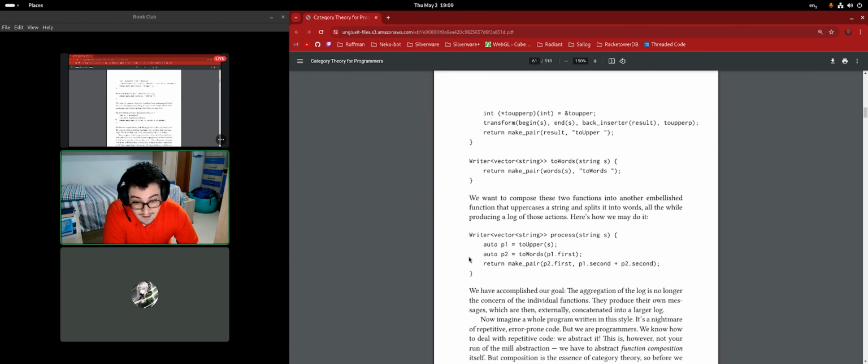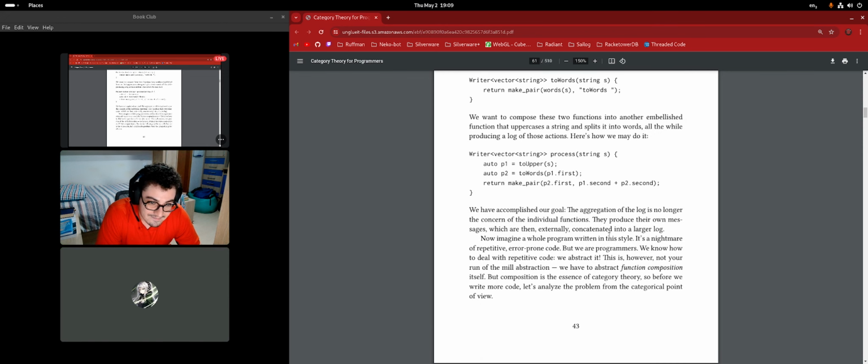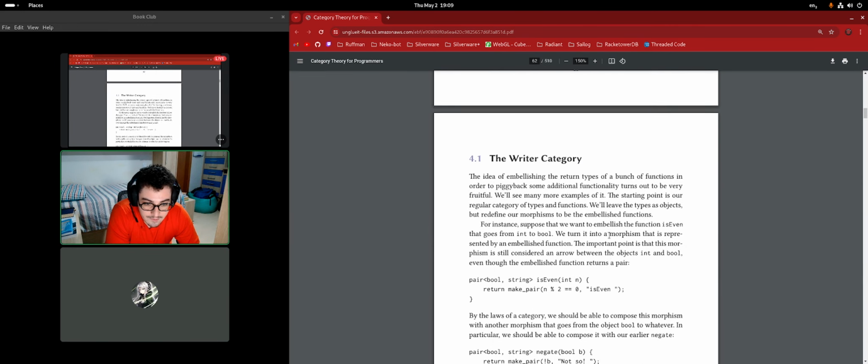And it works. But then you're going to have this boilerplate here, because we need to call one function, then grab the first thing out of the output of that, plumb that into the second function, retrieve that output, and then combine them. I want the final output, but I want the combination of the logs. That gets really annoying really quickly if you try to do it by hand. Exactly. And what we're going to do here is just compose them. We're going to abstract this boilerplate code out.